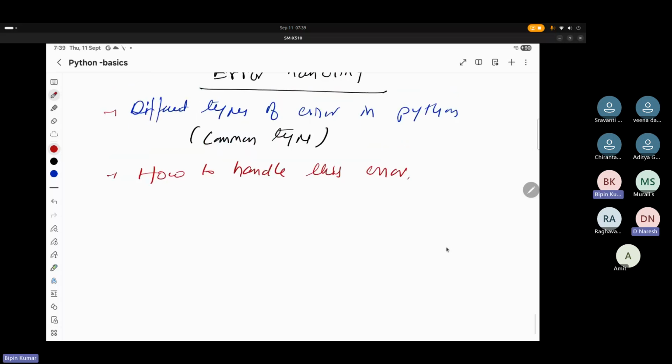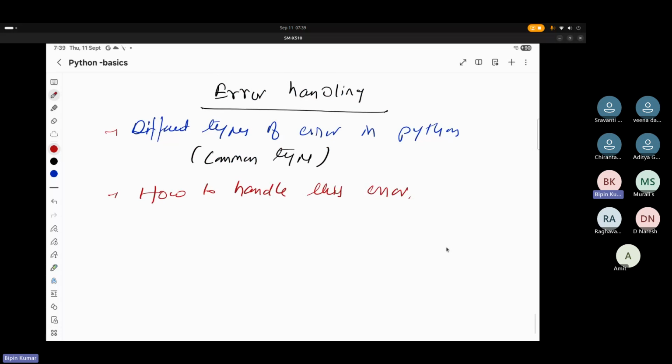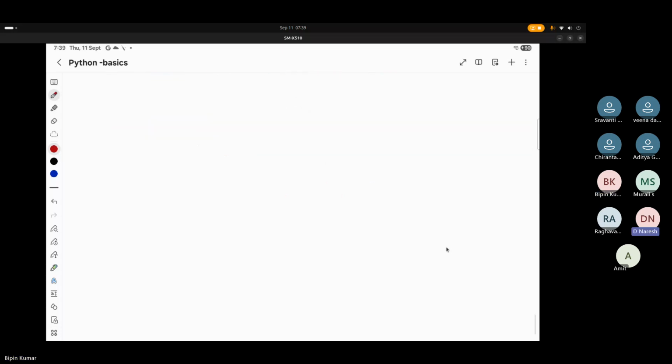So error is, let's say, if you write a program, maybe 10 lines of code, and let's say there are 10 lines of code, and